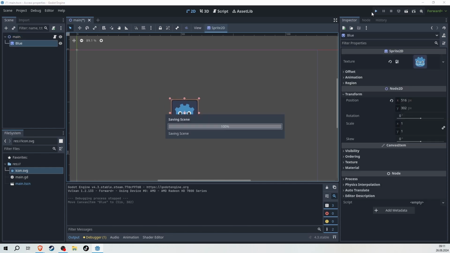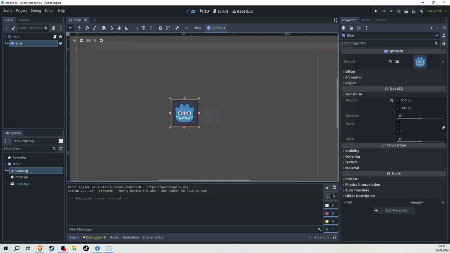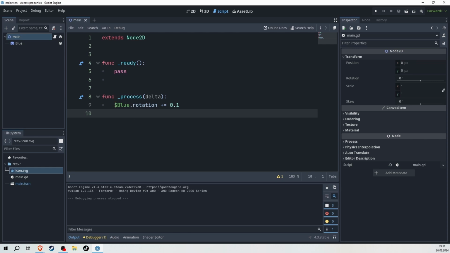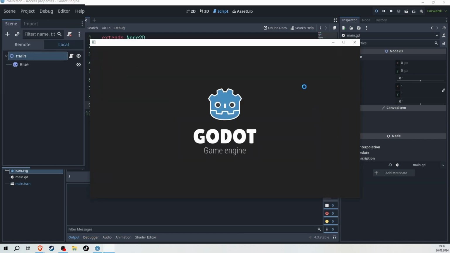So in the last video, we made this sprite here rotate around its own axis. So if we press play, this is what will happen. That is exactly what we want. But we've also seen that if we jump in our script, if we don't put in the node path in here and just call rotation, what we do is effectively call the rotation on the node holding the script, and then we have this effect going on,